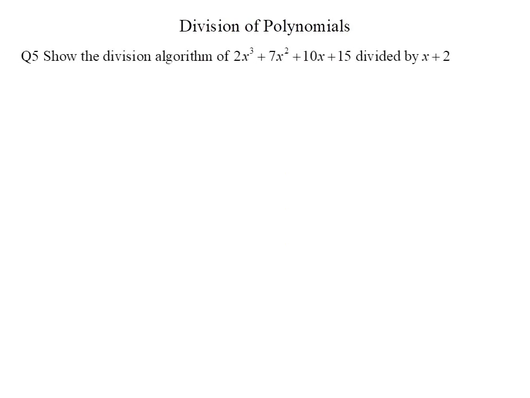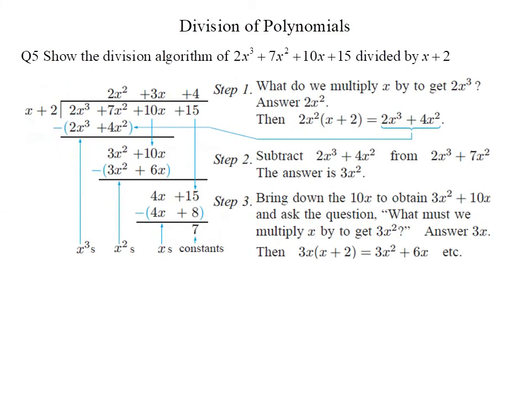Example 5 shows exactly the same question as example 4, but it demonstrates a different division algorithm, which is very similar to what we do with whole number division. As can be seen from the picture, the first step is to find a term which we multiply by x to get 2x cubed. So 2x squared is the term we need. Then we have 2x squared times the sum of x and 2, which equals 2x cubed plus 4x